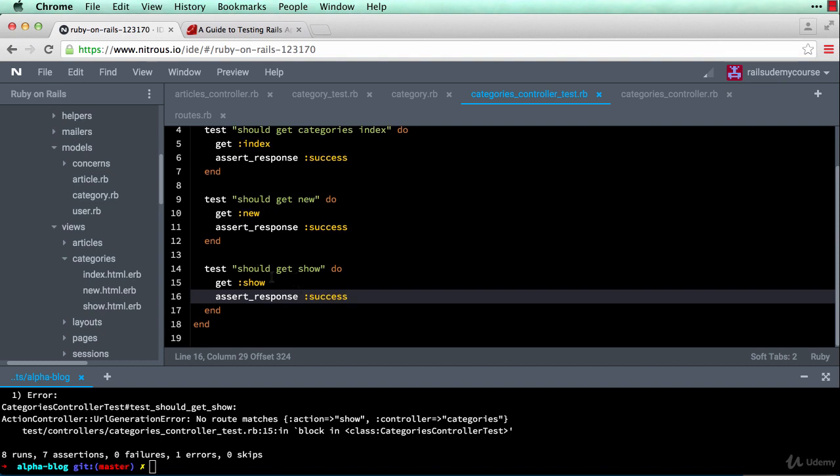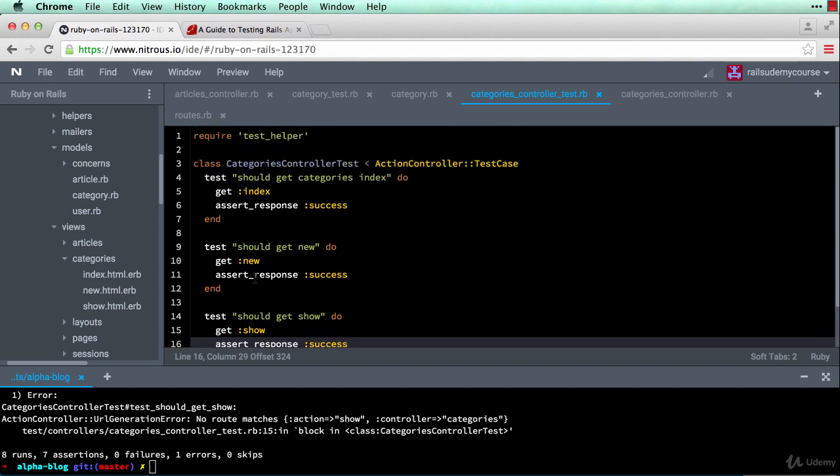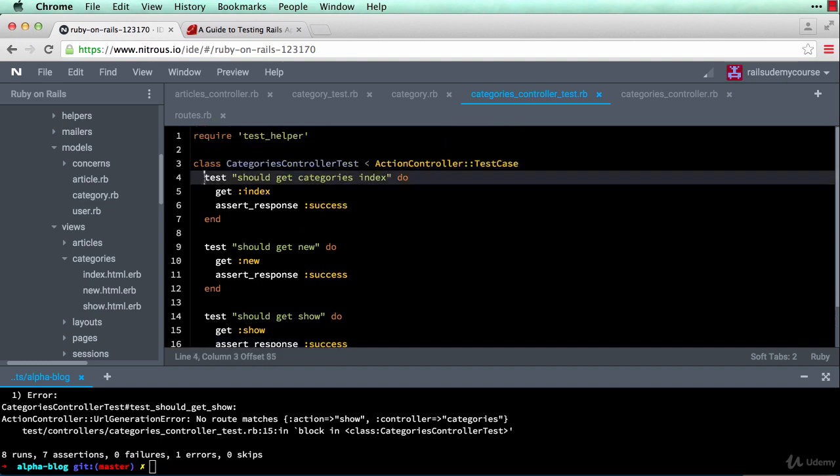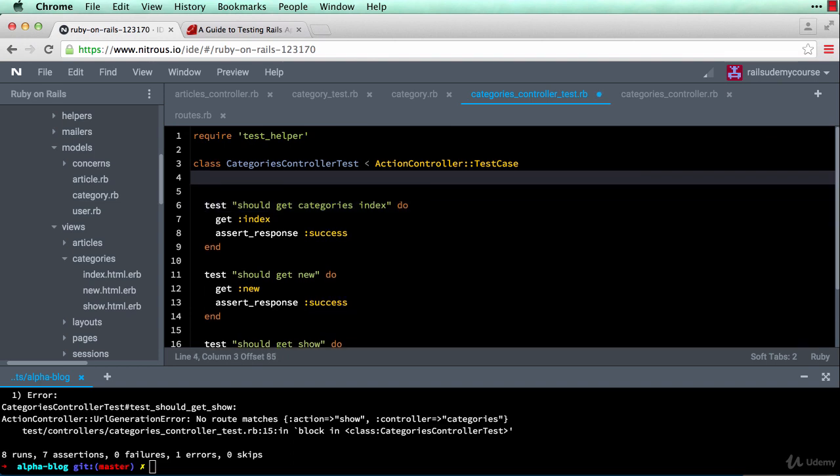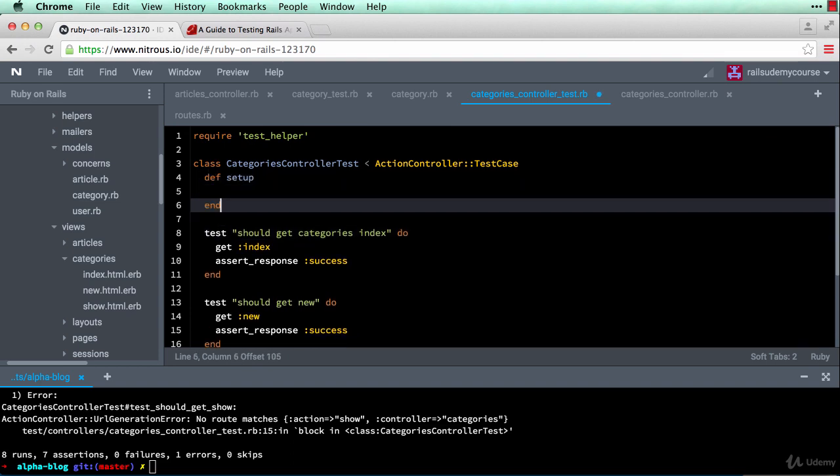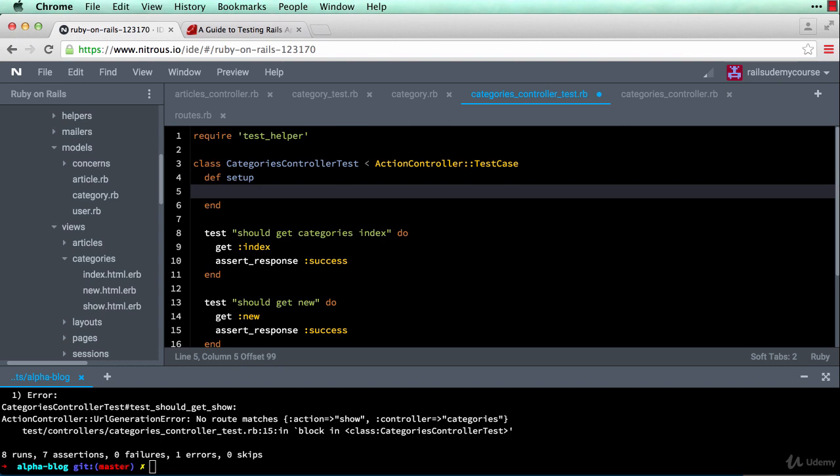So now to get the correct route to generate for our show action, what we need is an actual category. Because remember, to generate a route for show, you actually need the ID of the resource, which in this case is the category that you are trying to get access to. So over here, we're going to define a setup method. So define setup, and within it, we're going to create a category. So @category equals